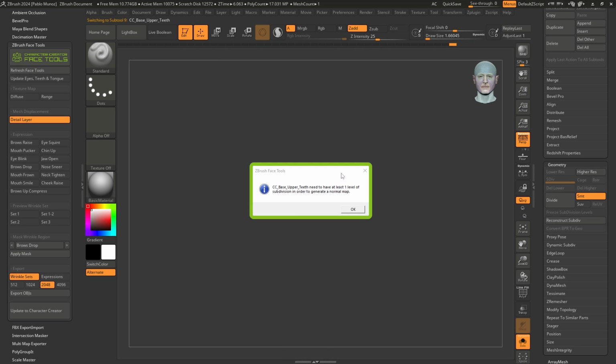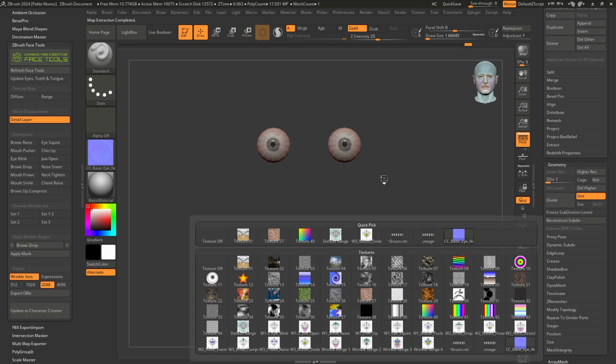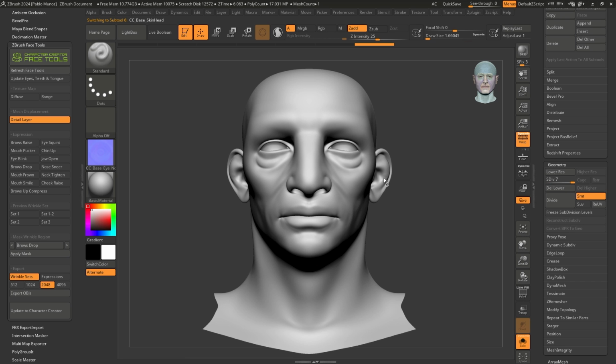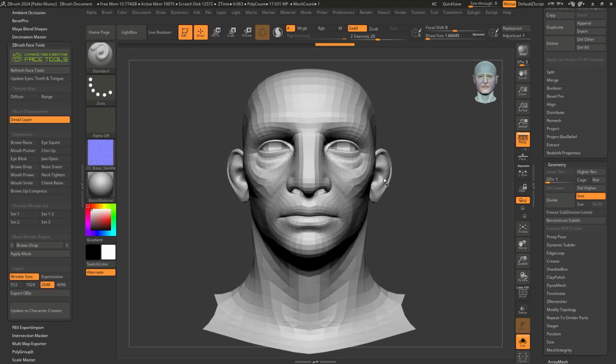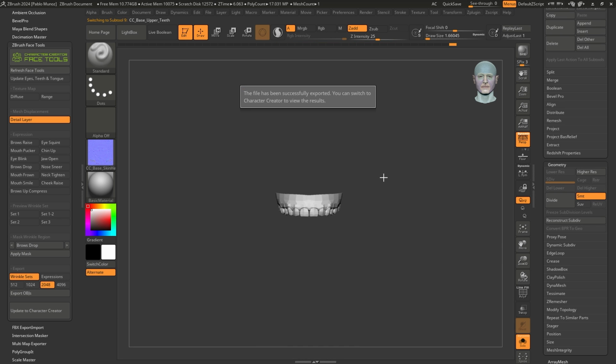And if you get this pop-up, it is because we don't have a subdivision level for the teeth. So we're actually going to get this pop-up for the upper teeth, the bottom teeth, and the tongue as well. So let's click OK. There is the lower teeth, and here's the tongue. That's it. So that's totally fine. If you get scared about those pop-ups, you can just add a subdivision level to the teeth and the tongue. And the reason we get these pop-ups is because we left the tick boxes enabled and we don't have subdivision levels.